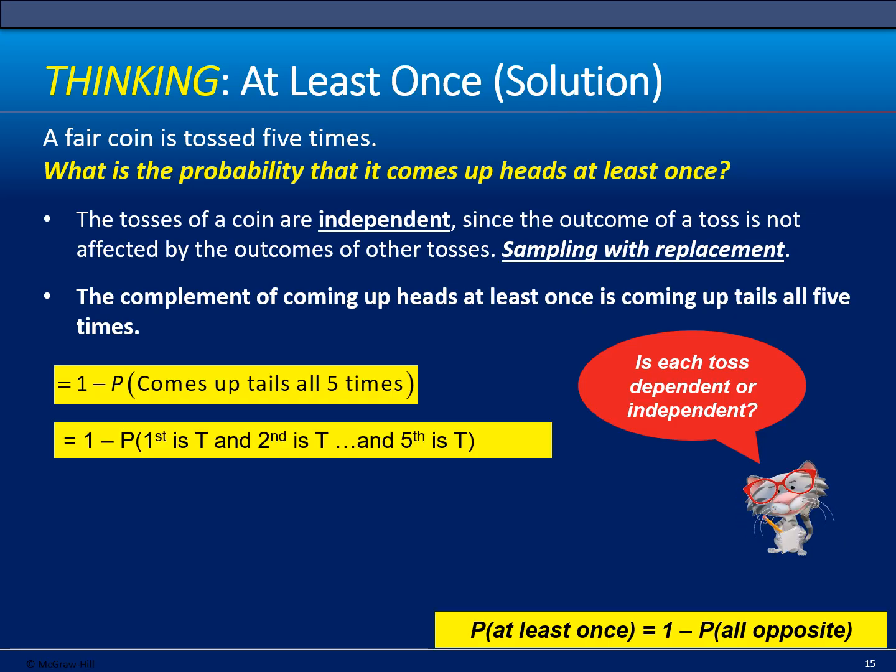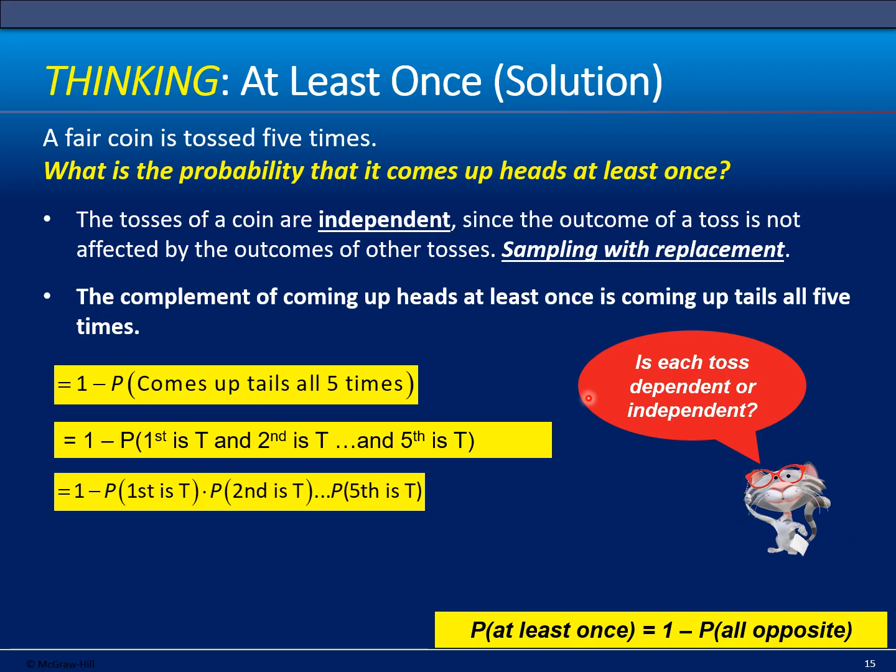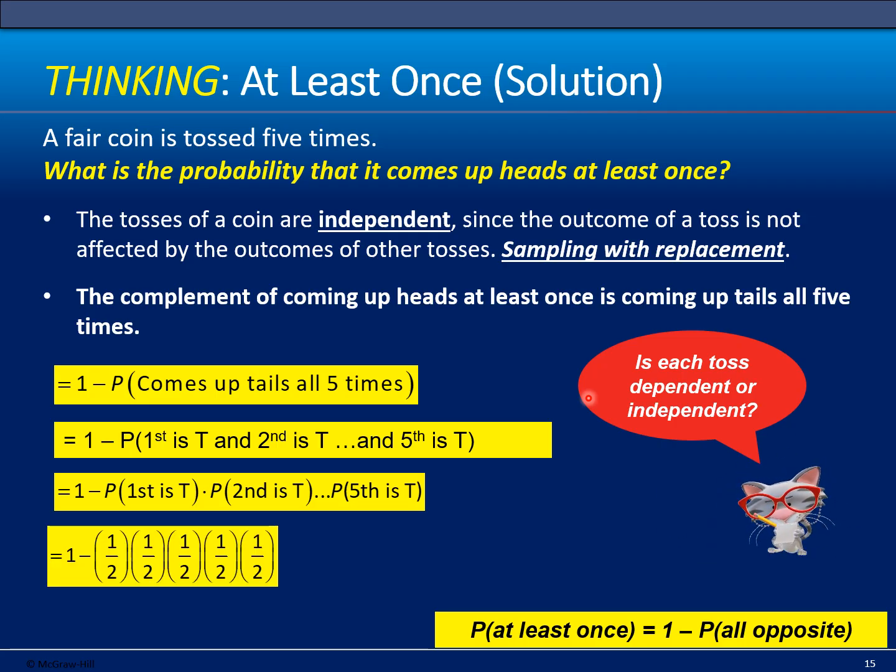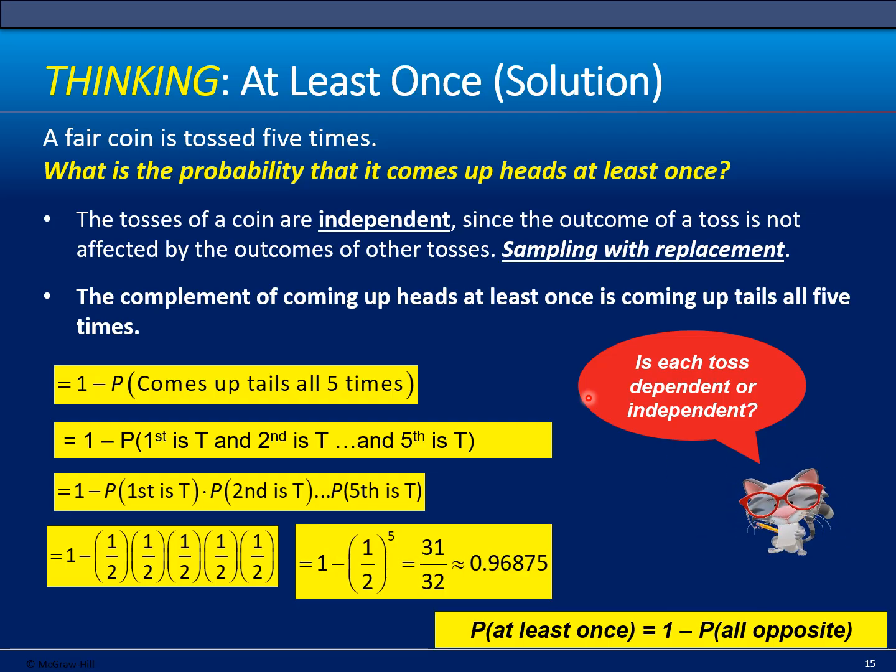Again, remember this is 1 minus the probability comes up tails 5 times. So this is the probability of the first, the second, third, fourth, and fifth experiment. Remember that when they're independent, we just multiply the probability of each experiment. And again, since they're all the same, we have 1 minus 1/2 to the 5th power,